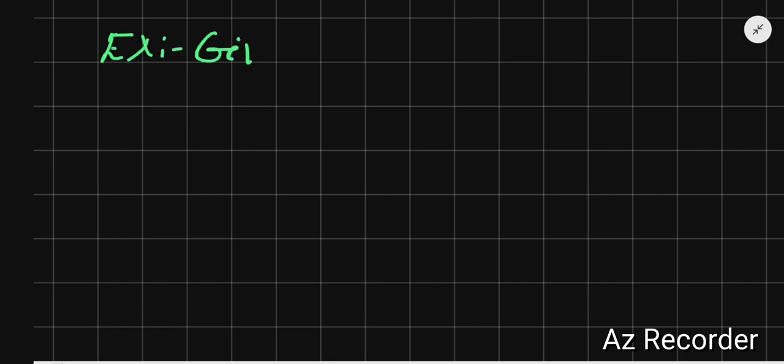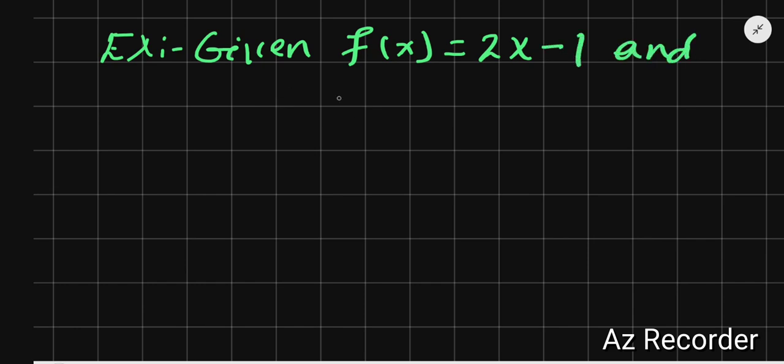Given f of x is 2x minus 1 and g of x is 3x plus 6, then